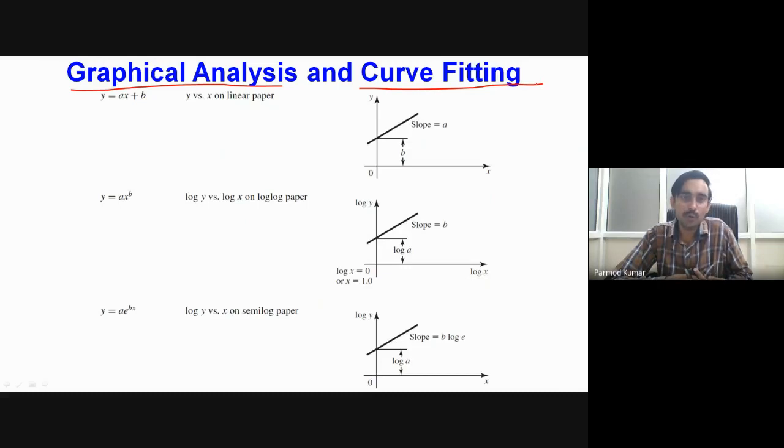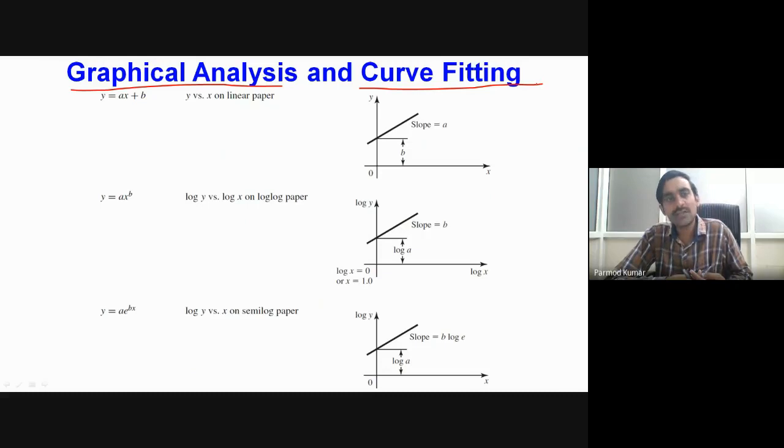But if we have to conclude something from the experiments, generally what we do is keep some set of parameters constant and vary a single parameter, and we try to estimate its effect on another parameter. So the majority of the time you will find that we plot two-dimensional curves. However, in some cases there may be a requirement for multiple variables, and we may need to go for three-dimensional plots, etc. But in this particular lecture, we will concentrate on two-dimensional plots only.